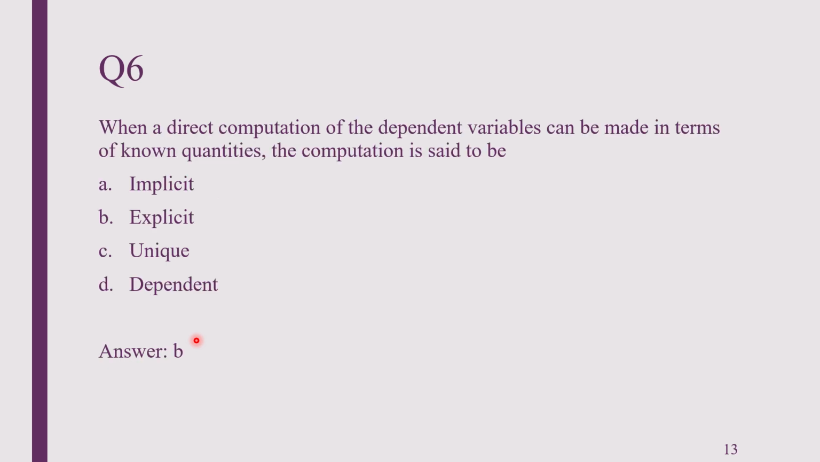In question 6, when a direct computation of a dependent variable can be made in terms of known quantities, the computation is said to be option A implicit, option B explicit, option C unique, option D dependent. As we have seen, we have a domain where we discretize the domain into small segments or small cells. We will be having equations for all those cells and grids. So while solving, how